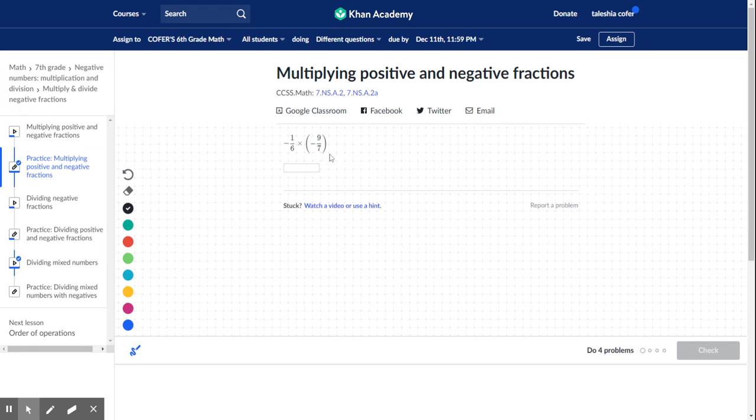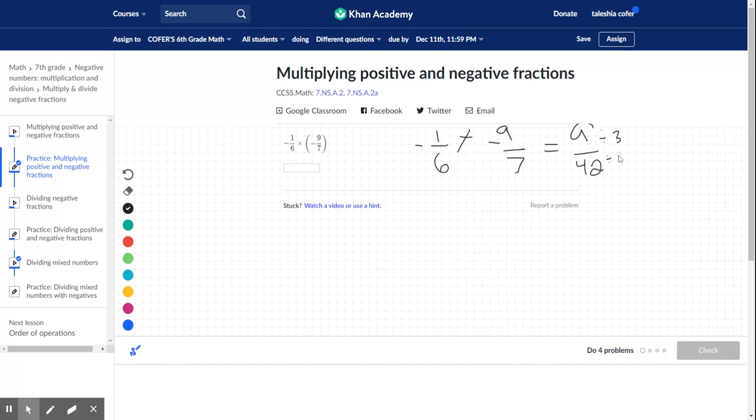First off, I see that these are both positive. Sorry, these are both negative. They're the same sign, so my answer has to be positive. When I multiply straight across, times negative 9 over 7, 1 times 9 is 9, and 6 times 7 is 42. So the answer would be 9 over 42, but I have to divide the top and the bottom by 3